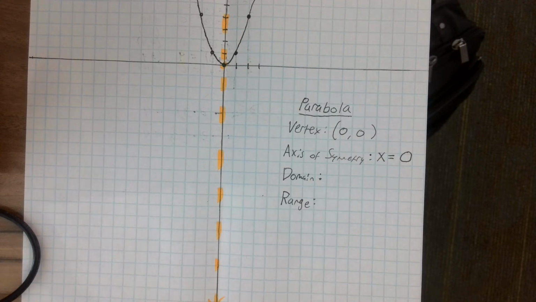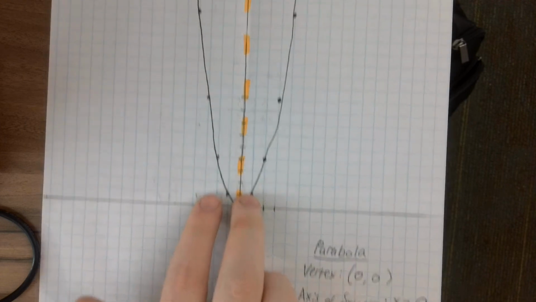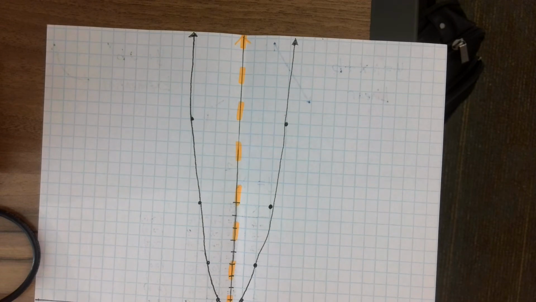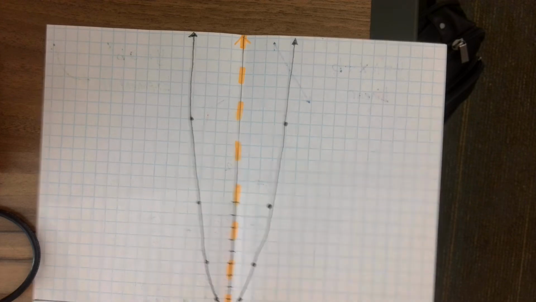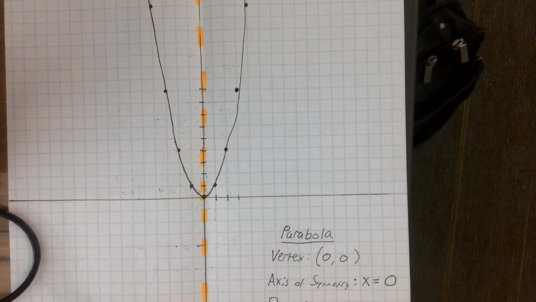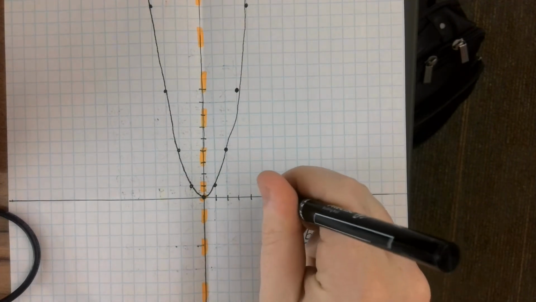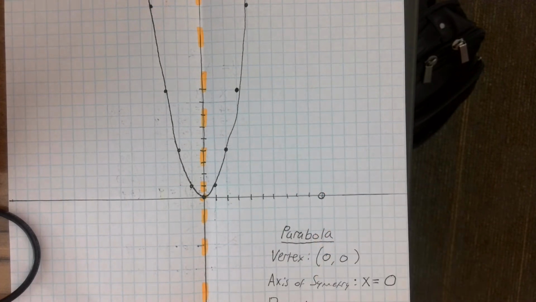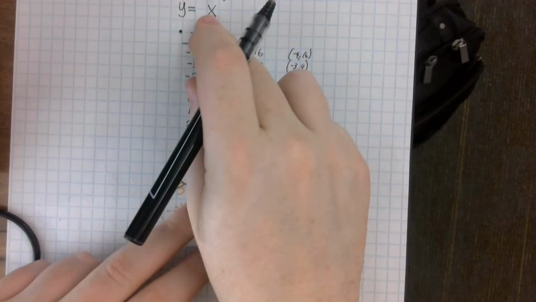But this parabola sort of continues on, and it gets wider and slightly wider and slightly more wide. Do you think it's ever going to stop going to the left and right? Do you ever think it's going to go straight up and never get wider? The answer is no, because you can always plug in another x value. Like let's say, for instance, we plugged in x equals 6, 7, 8, 9, 10. Even if we plugged in a point like x equals 10, the parabola will still have a solution, because